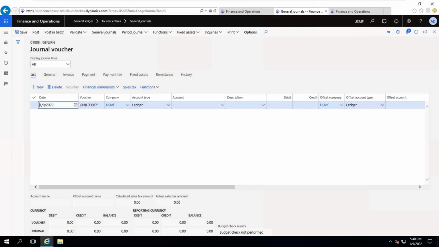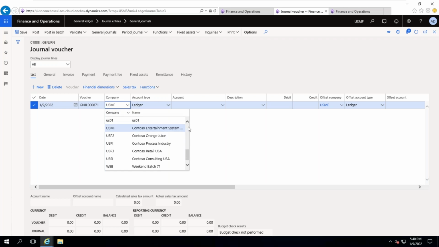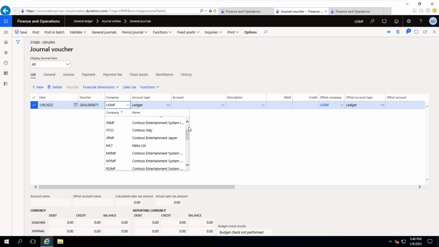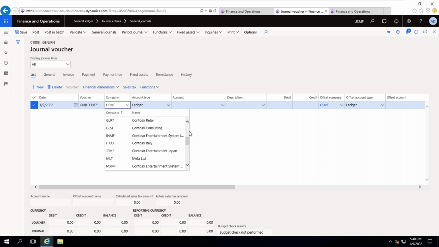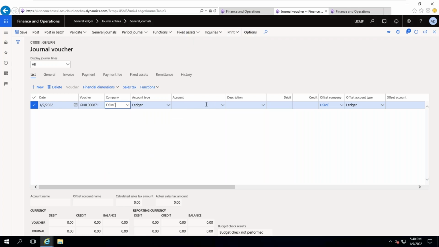DMF company's rent is being paid by USMF company. Then you can select DMF company here. Once you select DMF company, it will be shown here.